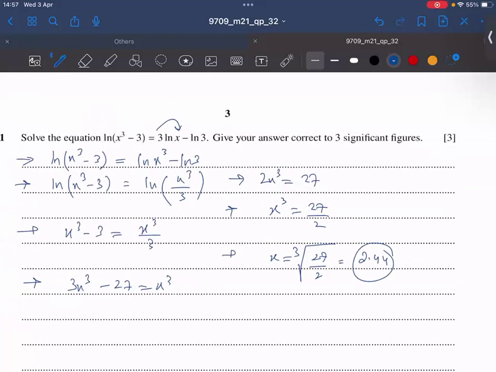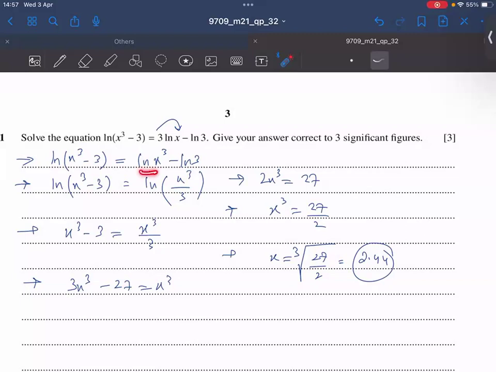Paper 3. The answer is 1.65 in the marking scheme. You were supposed to take the cube root. 3 bracket open x cube minus 3 bracket close is equal to x cube only. It is not x cube over 3, sir. x cube minus 3 is equal to x cube. 3x cube minus 9 is equal to x cube, which means